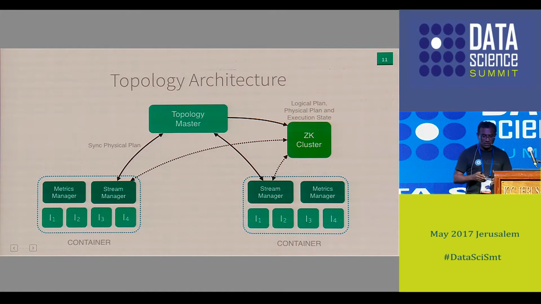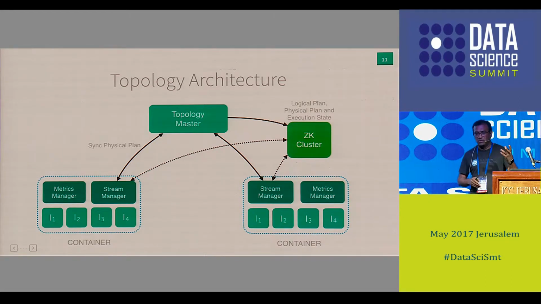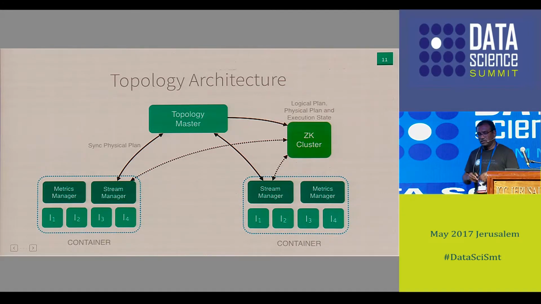So for example, once the topology master says, okay, I need around 10 containers for this job to run, it will request the 10 containers from the scheduler that you're running the topology on, and it says each container should be of size X CPU, Y amount of memory and Z amount of disk. Once you have that, the scheduler will start those containers across the cluster, 10 containers in our case, and those containers will look like this. The bottom containers are the ones actually processing your data.